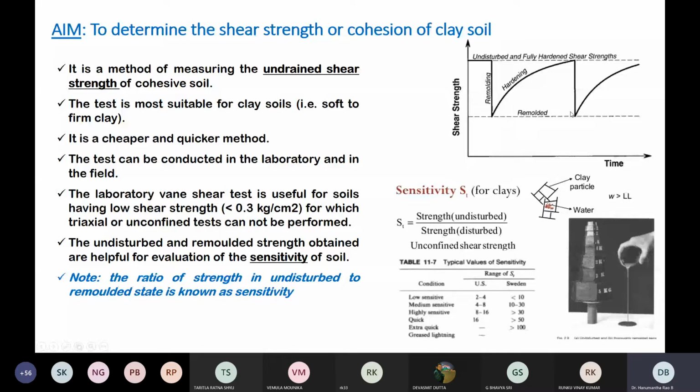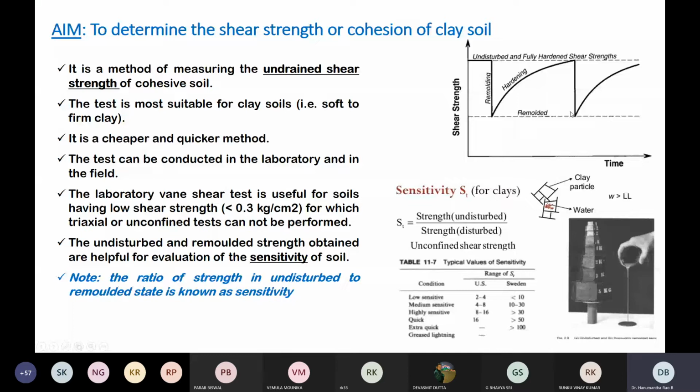These are the different apparatus for the Vane shear test. This is the complete machine. This is the vane or the blade, and this is the sample holder where the sample is compacted or just filled. This is how the Vane shear test is conducted. This is a simple schematic of the same device. The different parts are the Vane shear apparatus, then the specimen container, the specimen container for moisture content determination, which you know already, and a balance.